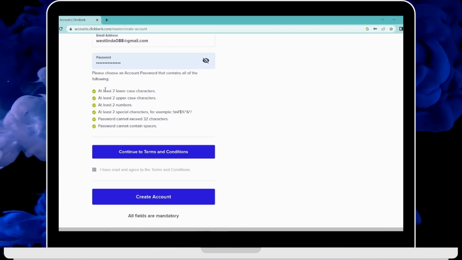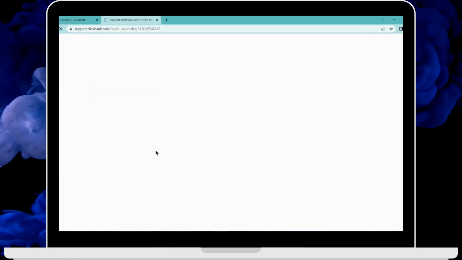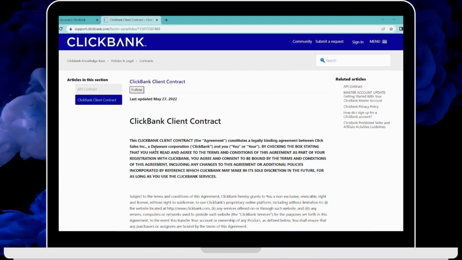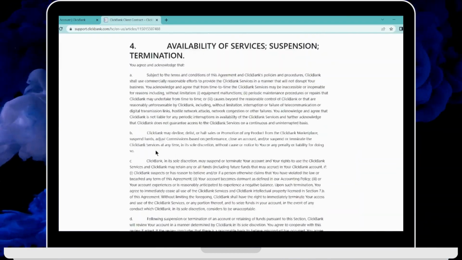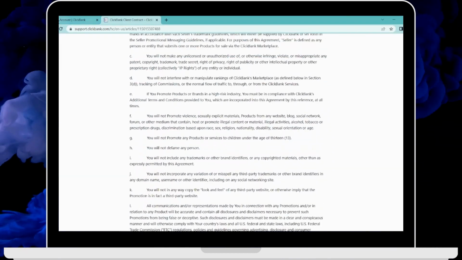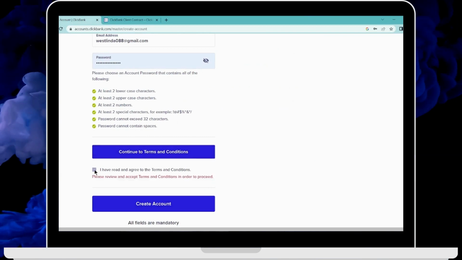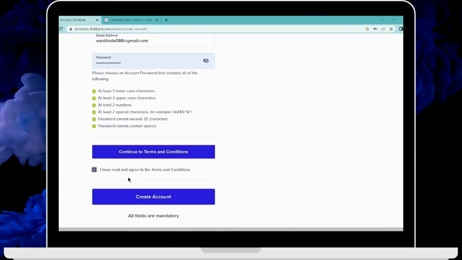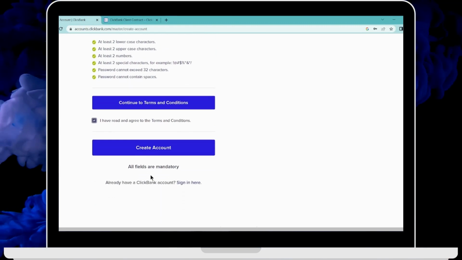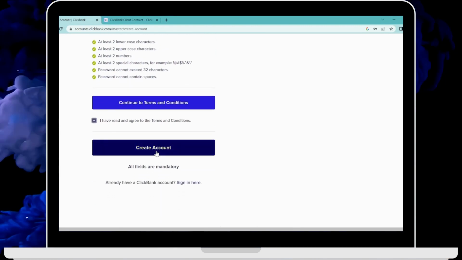And after creating your password, click on continue to terms and conditions. If you want to read the terms and conditions, you can simply read this one and go back, and then you have to click here so that you have read and agreed to the terms and conditions. And after that you can click on create account, and that's it. That's the way to create a